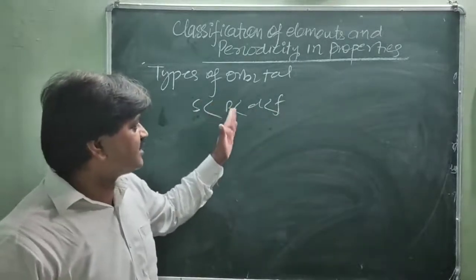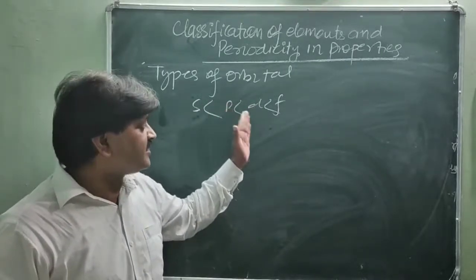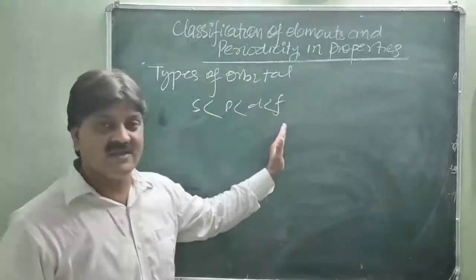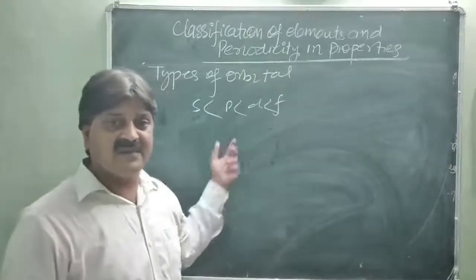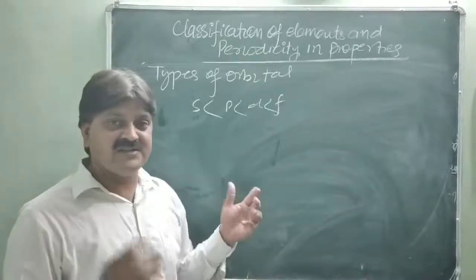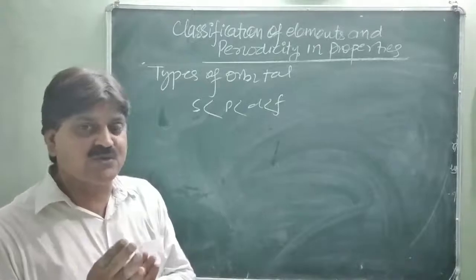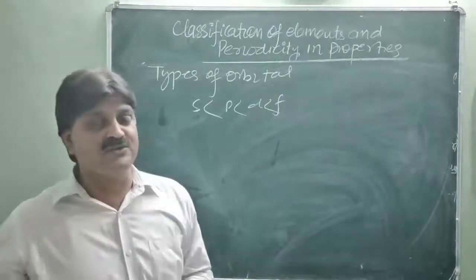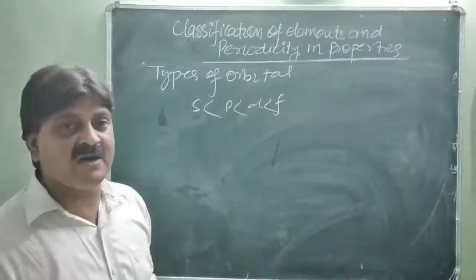distance between the nucleus and the shell increases as we go from the s shell, p shell, d shell, to f shell. Very simple. If one electron in an atom is present in the f shell, another in the s shell, which will have the more ionization enthalpy? The s shell, because its energy is lower and its distance to the nucleus is very small, having more force of attraction and requiring much more energy to pull the electron. Is it clear? Next we will discuss another periodic property.